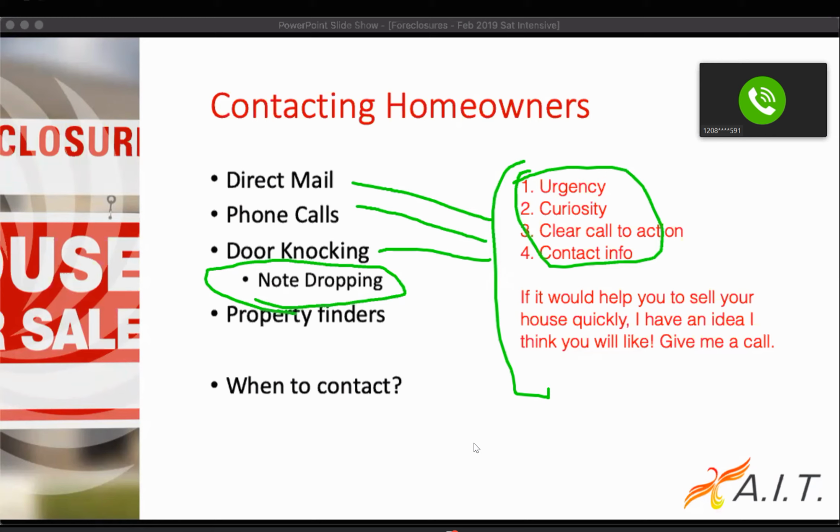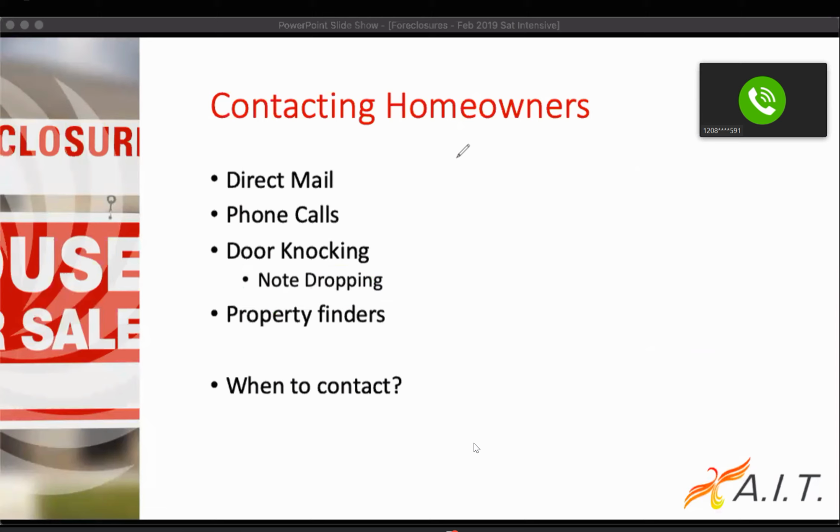So what we've done so far: you've got a list of names and addresses. Now you've got at least three methods, and this is the three. If you can only do one, you should knock doors because, other than gas and printing up some flyers, the only limit is time. So if you're the person with a lot of time and not a big budget for marketing, then just drive around to the different properties. So now you've got names and addresses. You've got methodologies for approaching folks. And where does that leave us? I'll tell you right now. It leaves us with